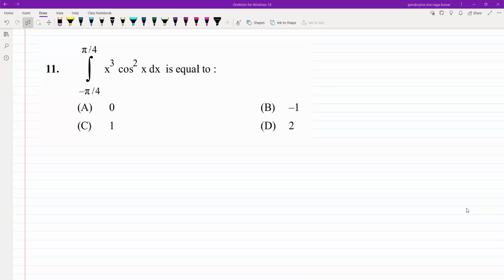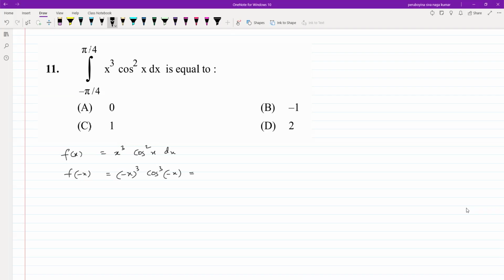Problem number 11. Integral from minus pi by 4 to pi by 4 of x cube into cos square x dx is equal to. So here the function is f of x equal to x cube into cos square x. So let's cross check whether it is an even function or odd function. So replace x value with